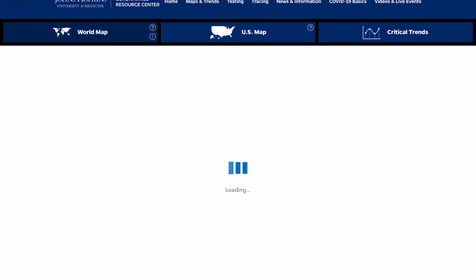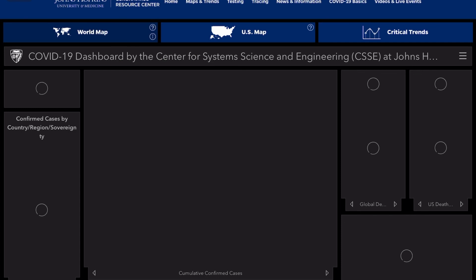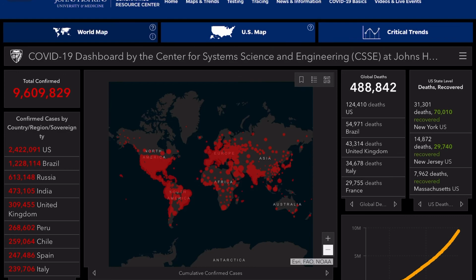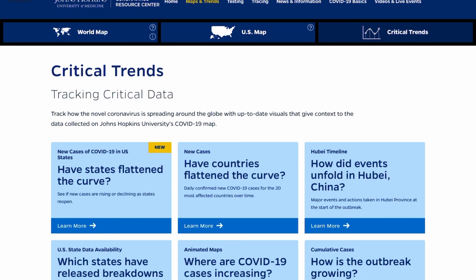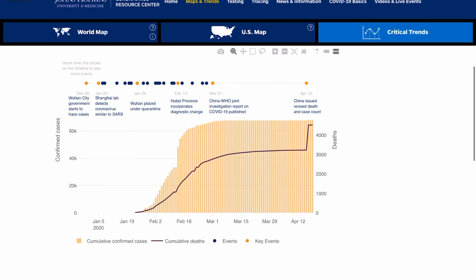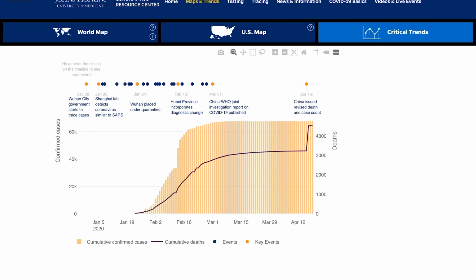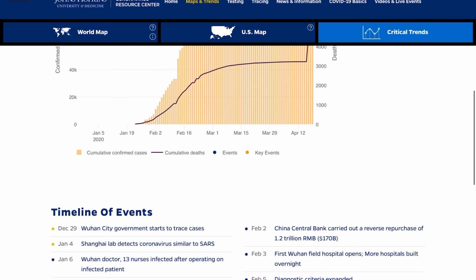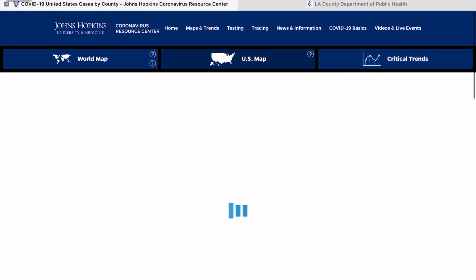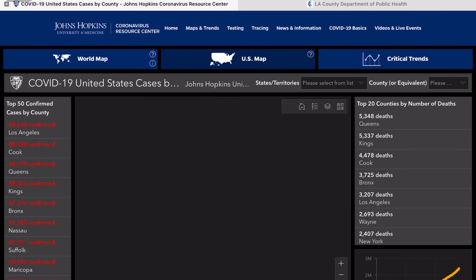So there you go, folks. If you want to know more about this data, you can always visit coronavirus.jhu.edu, which is Johns Hopkins University of Medicine's tracking data, and you can go to critical trends for your state and check it out. There's a Hubei timeline, and you can read through the timeline and everything, and you will understand whether the world has gone through the first wave or not. This is very critical, folks, to understand. And PPE is a must. Please maintain